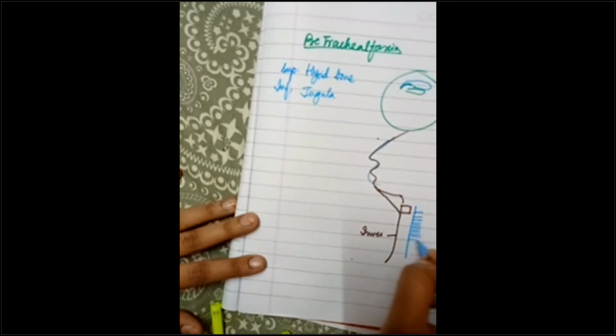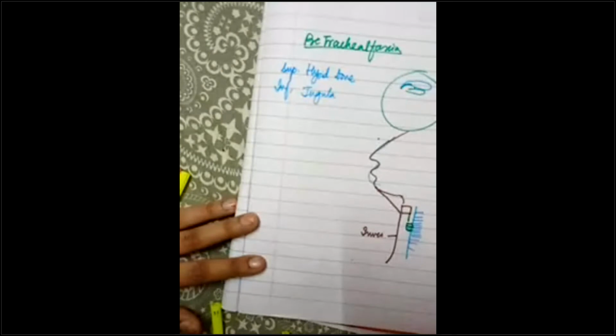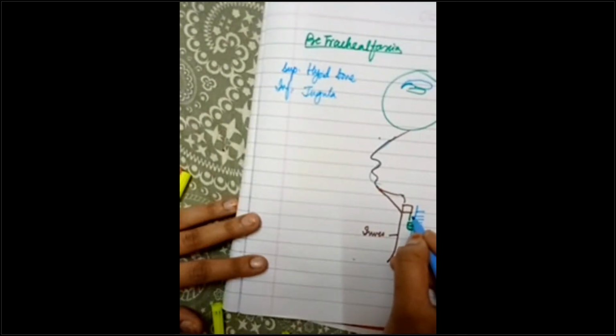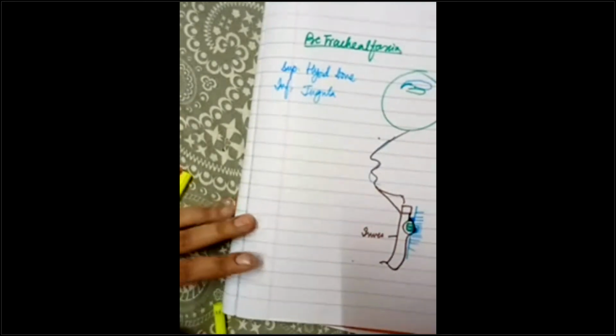So in front of the trachea, I will be having my pretracheal fascia. It will start from the hyoid bone. Here you will have your thyroid gland, right? Thyroid gland enclosing your cartilages. Let me draw with a different color. Your cartilages here, thyroid cartilage, cricoid cartilage. So it will attach to them. It will enclose the thyroid gland, and it will go down to your suprasternal notch only. Okay, it is like this.